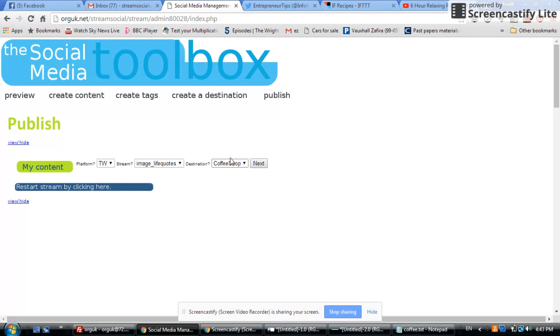IFTTT has now been told to look in that Gmail account, and when it sees an instruction from the toolbox, it will now send tweets or tweets with images, depending on the next step of your publish process, where you get to specify whether